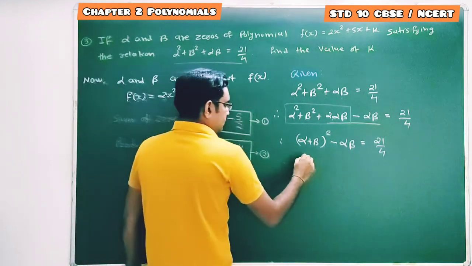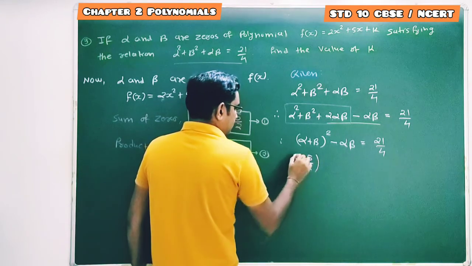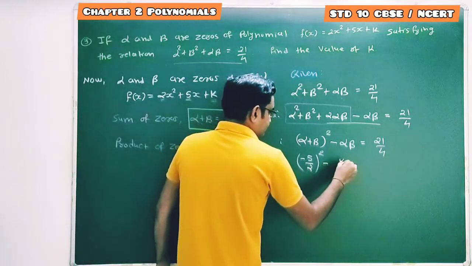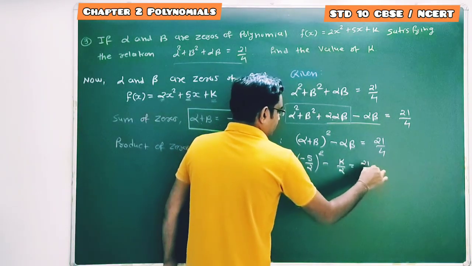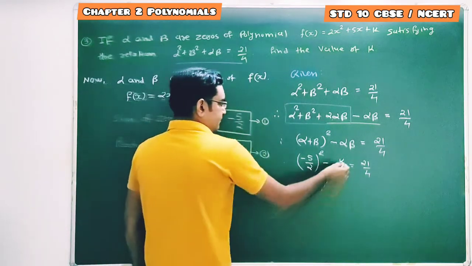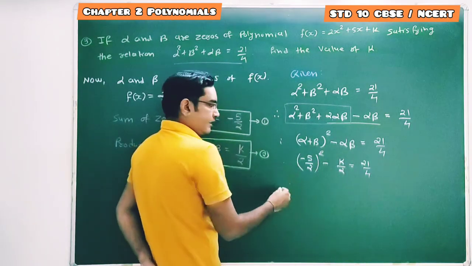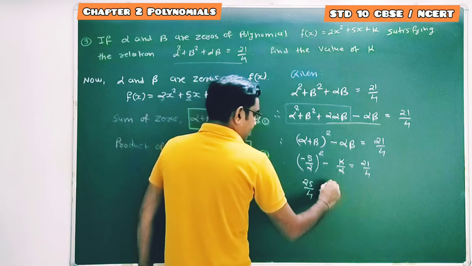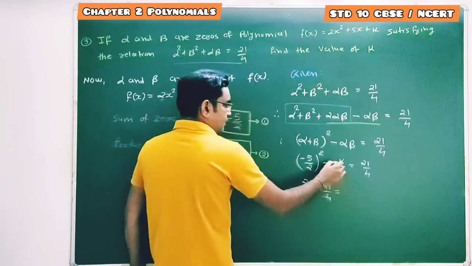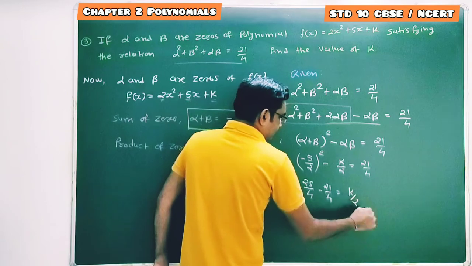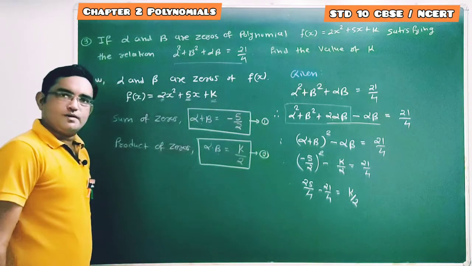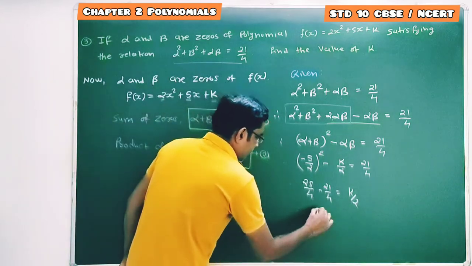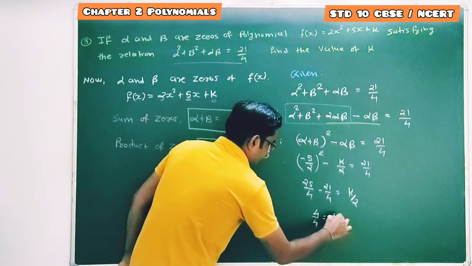Alpha plus beta is minus 5 by 2, so (minus 5 by 2) whole square minus alpha into beta, k by 2, equal to 21 by 4. Solve this equation, 4k. Minus 5 by 2 square, minus 5 का square 25, 2 का square 4. Minus, इसको इस side लेंगे, 21 by 4 equal to minus k by 2 को right hand side पर भेज देंगे. भेज दिया तो minus का plus. So again 4 is the LCM. 25 minus 21 it's 4 by 4, that is equal to 1 and that is equal to k by 2,